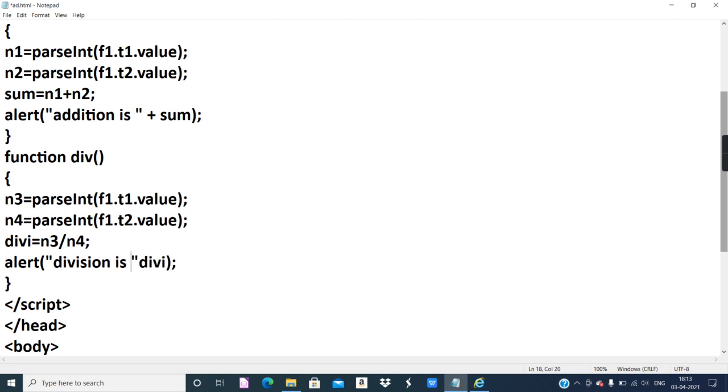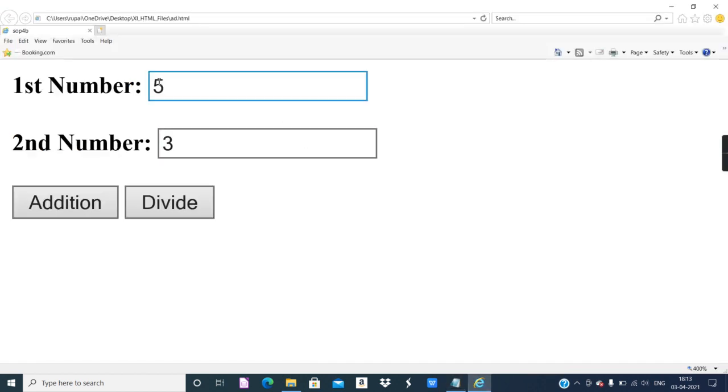Now this is text which you are adding to make it look more proper. Because we just saw the output and we were getting only the numbers, the answers. But you couldn't make out what this addition, division was. So to specify it properly, I use this text, and to join these two different things, I used the concatenation operator. Now once again Control S and refresh.